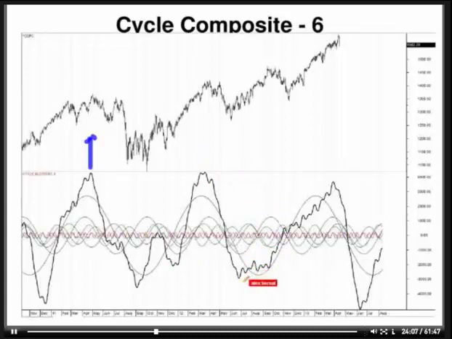One of the things we did notice is that we had a cycle inversion here, which I'll talk about again in another couple slides, where the market actually went up against a low or a sideways movement in the cycle composite. But then it reattached, and we've been rising with the cycle composite up until about late March, early April, which we forecasted the market should see some type of medium-term top. As you can see, the cycles that have combined it have really pushed the composite so that it accelerates down into June. And so this is something that we are definitely looking at as far as a risk-off time in the S&P at least.